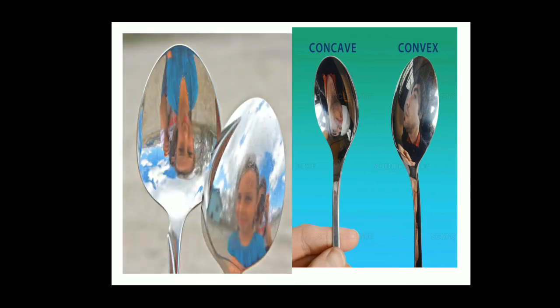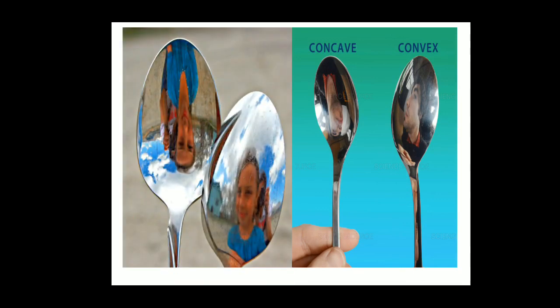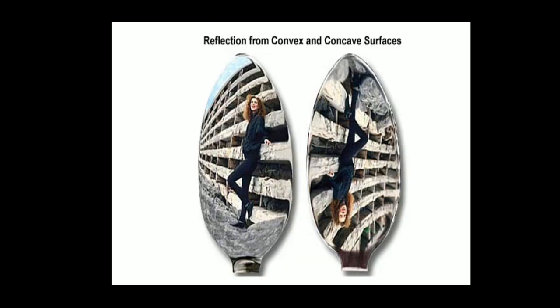at home by taking a spoon or any kadai or any vessel. You take it and see your face in the front, the back, the side. You will see your face sometimes the same size, sometimes enlarged, sometimes diminished, sometimes elongated, sometimes like a very fatty person. All of these take place only in a concave or a convex surface. That is what we have to study. Can you check it today at home?